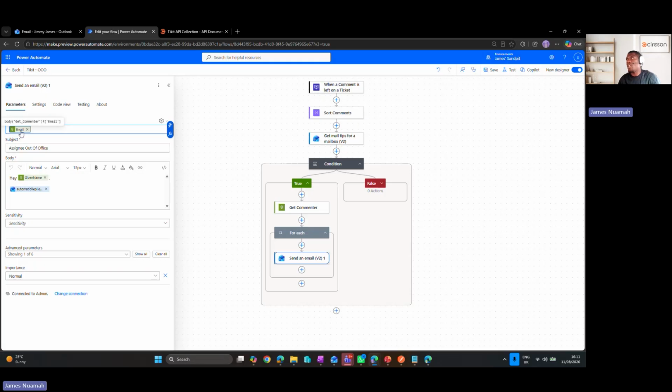We're grabbing their email address, and that's who the email will be sent to. So we're sending an email to the requester. You can have a subject of your choice. And then once again, from that API call, we're grabbing their given name, in other words, their first name from